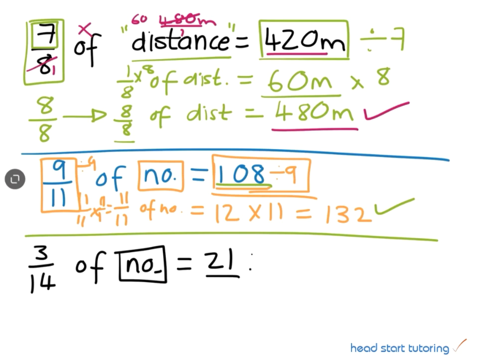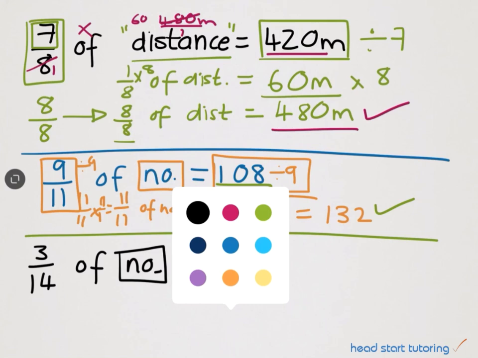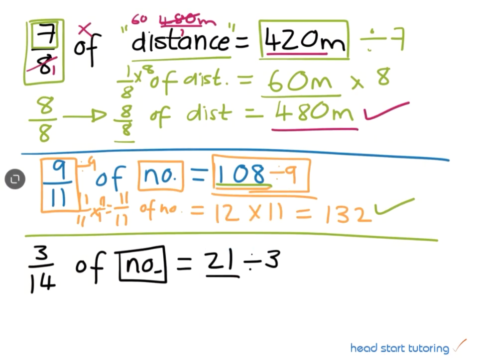So we divide our 21 by 3, and let's use a different color. We divide our 21 by 3 because we always divide by our numerator, so that we end up with 1/14. So 21 divided by 3 is equal to 7. So 1/14 is equal to 7, and